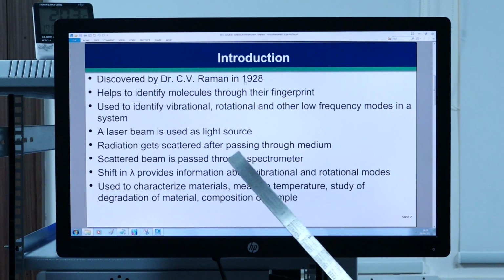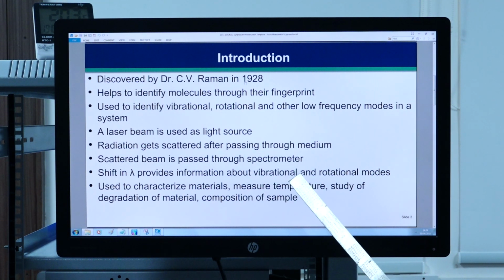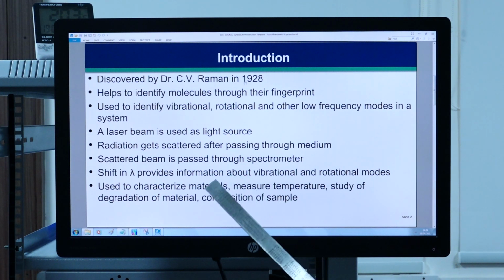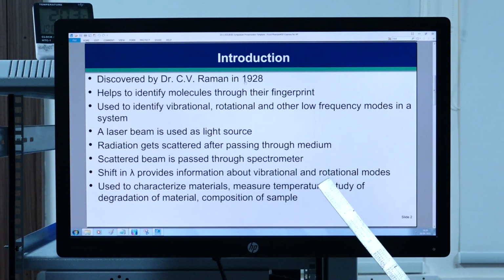Raman scattering is totally based on the scattering phenomenon. The scattered beam is passed through a spectrometer, and we can find the shift in the wavelength of the light. That shift provides us information about the vibrational and rotational modes of the molecules. We can use Raman spectroscopy to characterize materials, measure local temperature, and study degradation with time and composition of the sample.